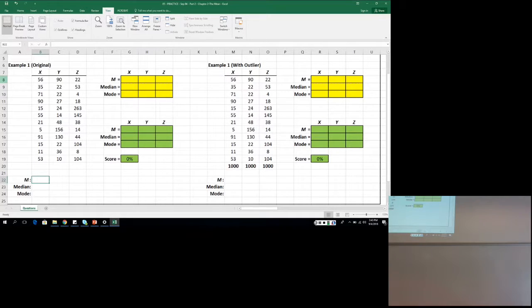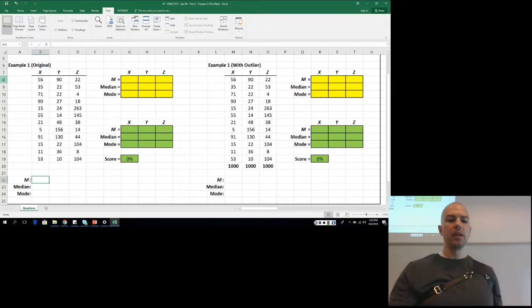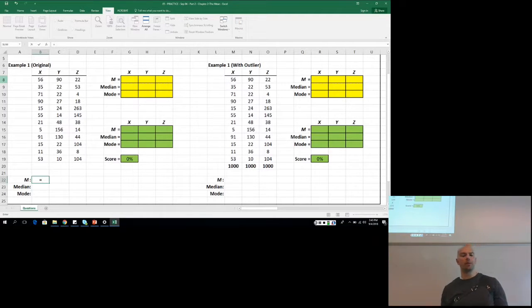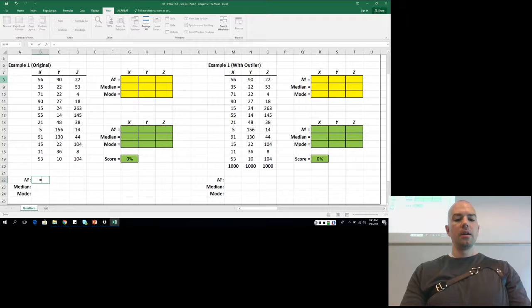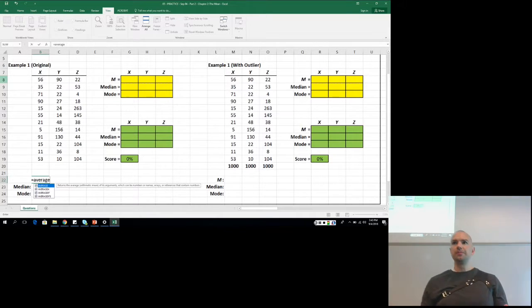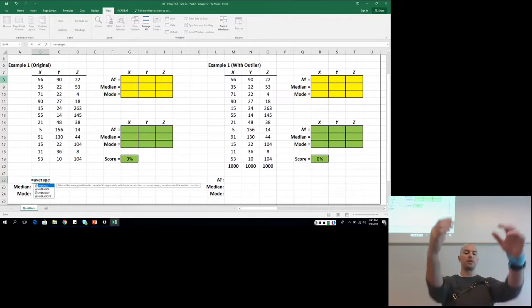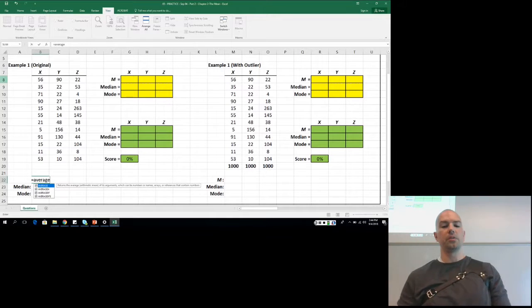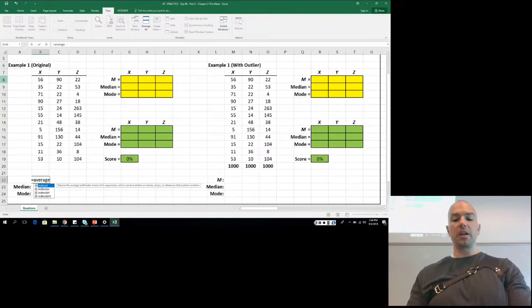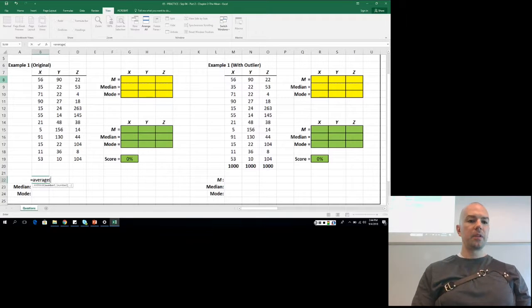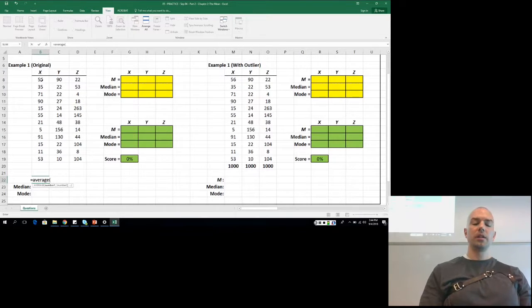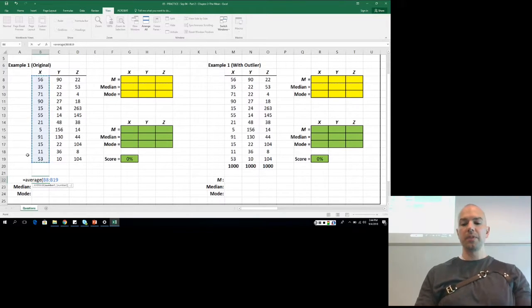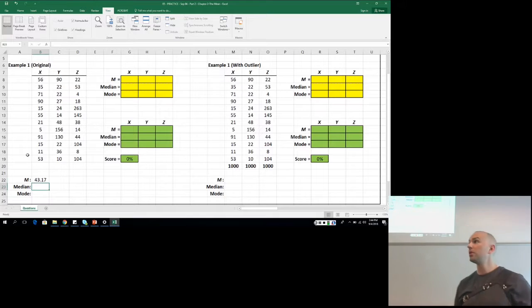So away we go. Calculating the sample mean, we put in equals, to let Excel know that we're going to be dealing with a formula. The formula is AVERAGE, and this works for samples as well as populations. Actually, for all 3 of these, it works for samples and populations. That distinction is going to come up when we do standard deviations and variance. So the formula is AVERAGE. You open it up with the parentheses, let Excel know that numbers are coming. Highlight the numbers that you want to calculate the average for. Close those parentheses, hit enter, and we got